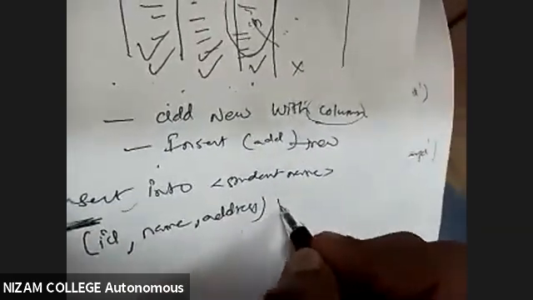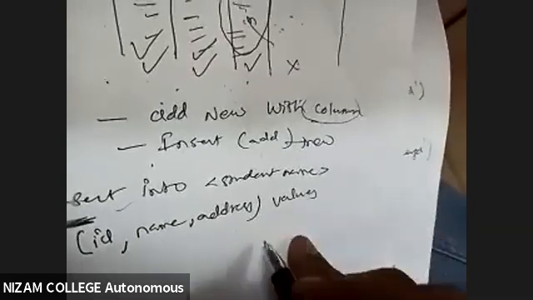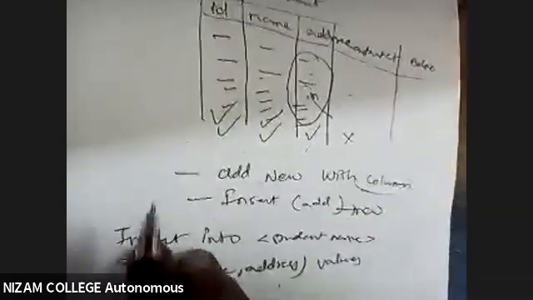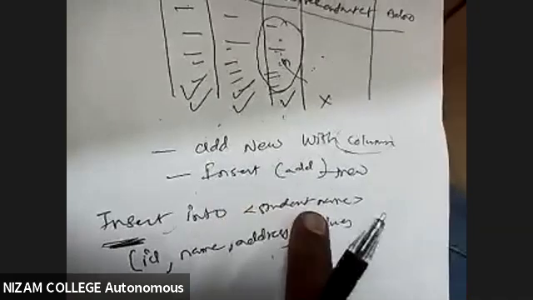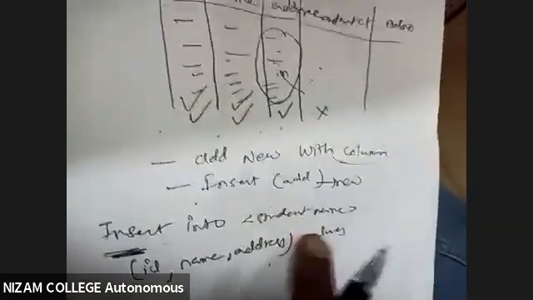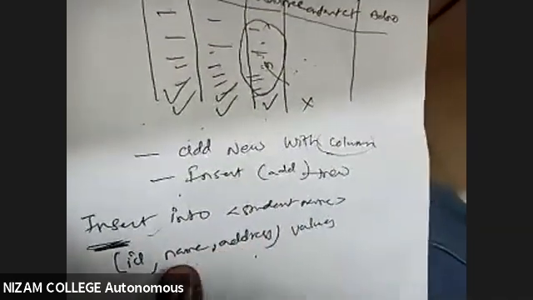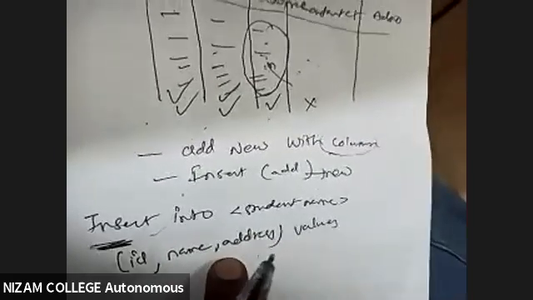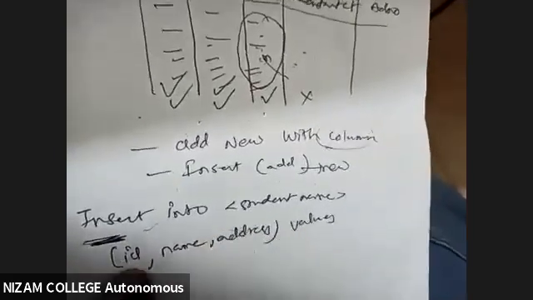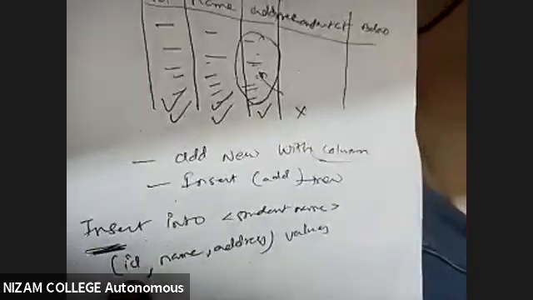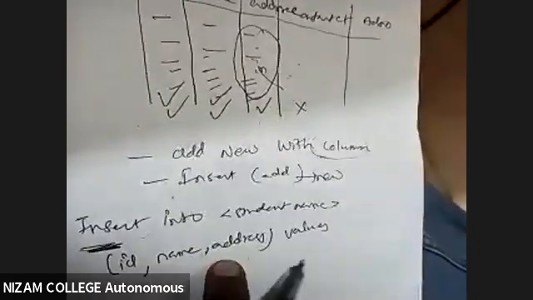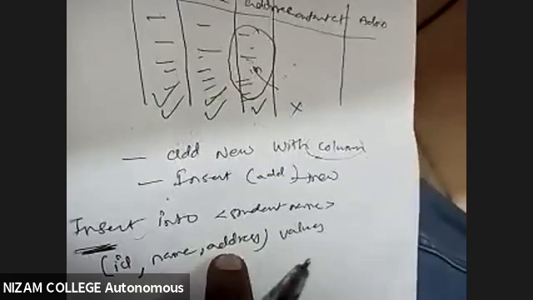Then followed by values. So see the slight change from the previous syntax. Previously, I was saying insert into table name, and directly values. Now what I'm doing is saying that I have only a few pieces of information. Maybe you don't have an address, so you can skip that. So I have only ID and name. I have ID, name, contact number. I don't have an address, so you can skip that.